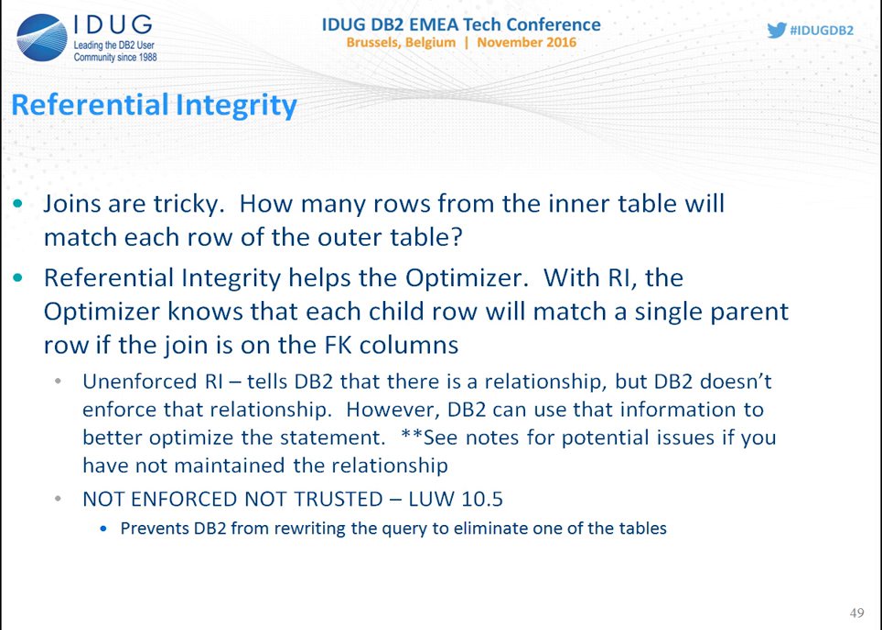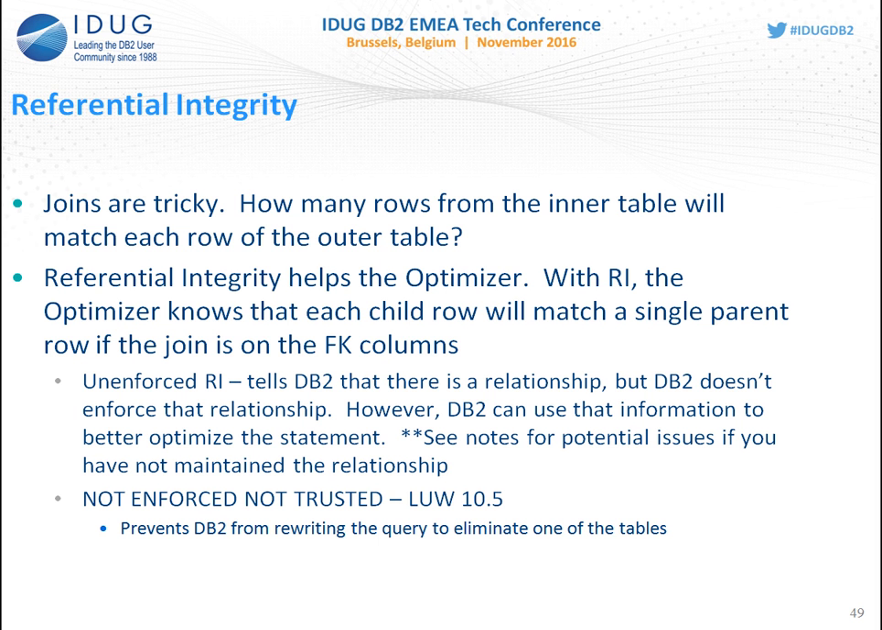Unenforced RI, which is also called informational RI, you're telling DB2 when you make that definition that there is a relationship, but DB2 is not enforcing it. And the optimizer can use that information for its access path determination, but you have to be careful. Since DB2 is not enforcing it, if you haven't maintained it and made sure that there really is a matching parent,